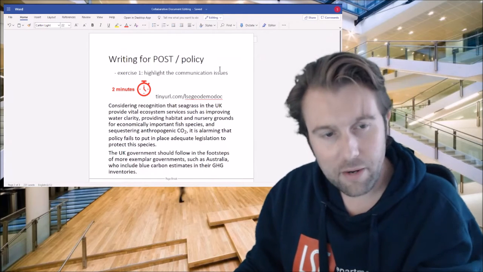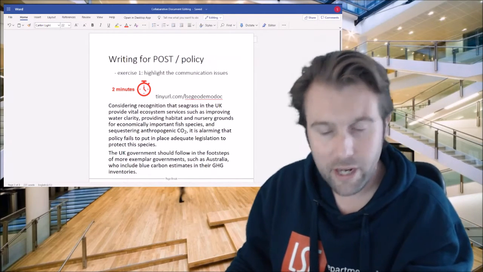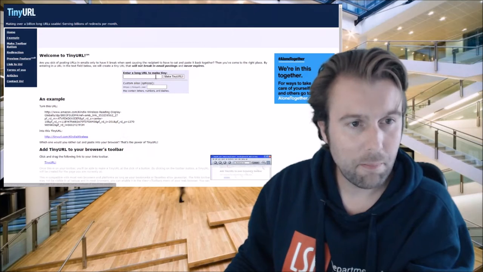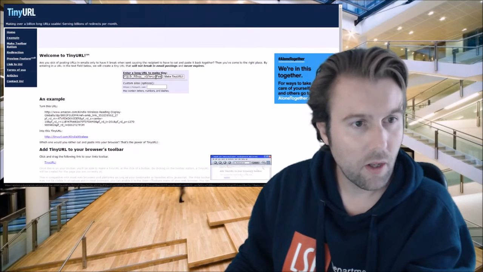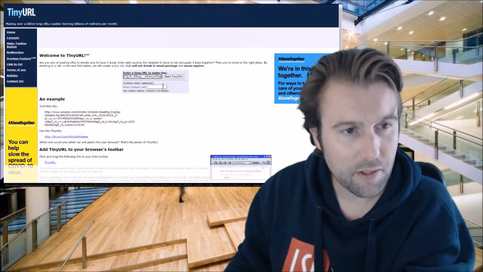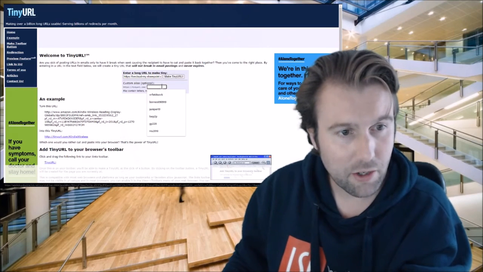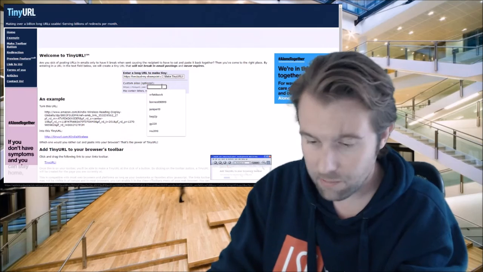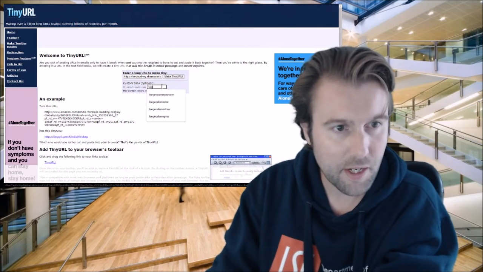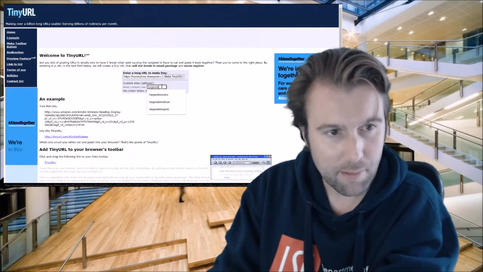An easier way of doing this instantly in the classroom is to create a short URL. I really like using tinyurl.com. So in TinyURL I can paste that very long code that was just generated by OneDrive, and I can actually create a custom URL. So I'm going to call this lsegeo demo doc